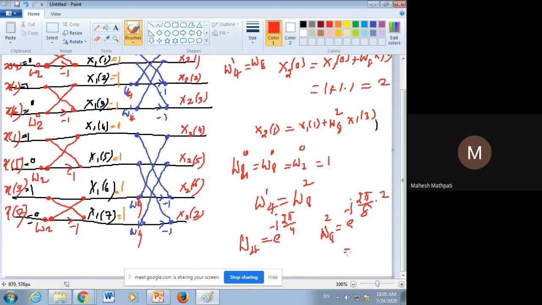सेम ही आ जाता है. Is 2 ones are and 2 fours are. So it is e power minus j 2 pi by 4. These two are same. Getting? Yes sir. आ रहा है क्या समझ में? Or still it is confusion? Hello? Understood, sir. Okay, so then let's write